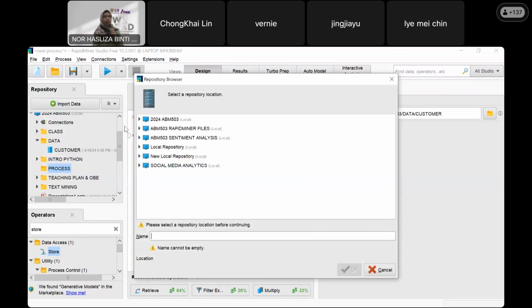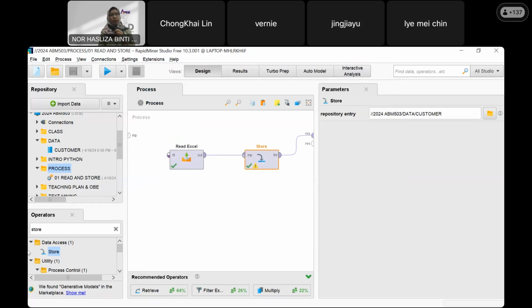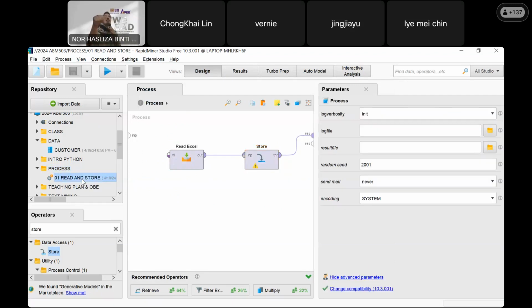For example, you can ask where the process is, and name it, for example, 01 read and store. You can put any name. Then you close, and the file is saved there.